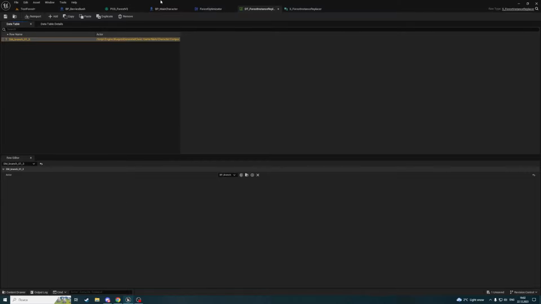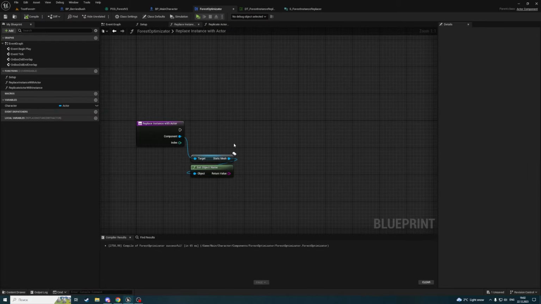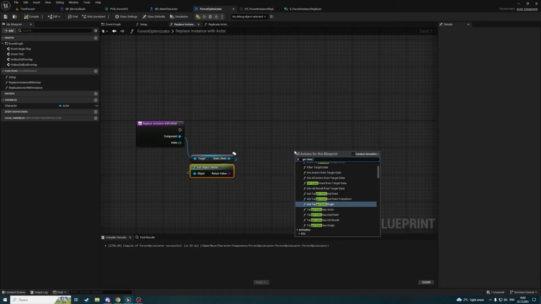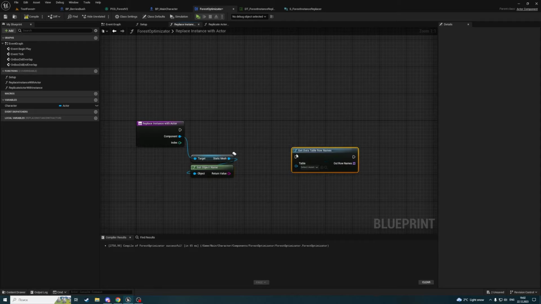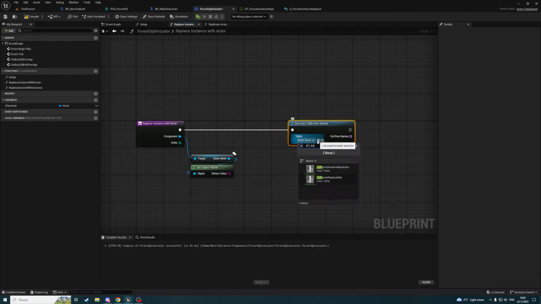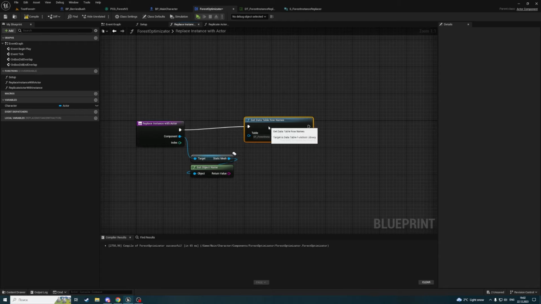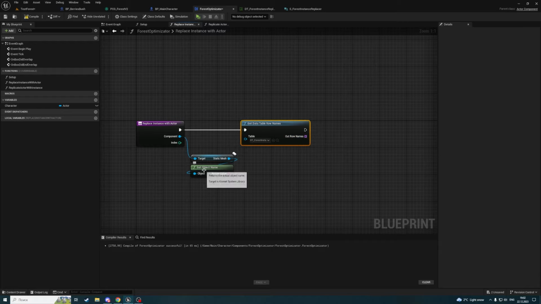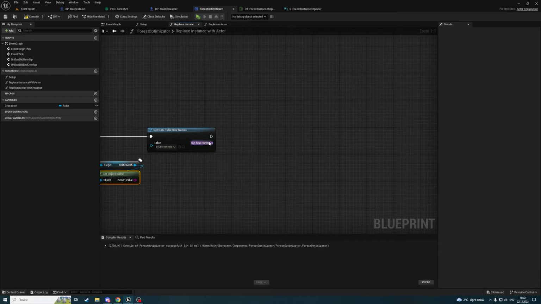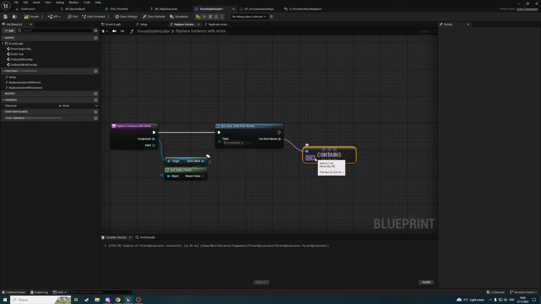Now let's open forest optimizer back. What are we going to do with this object name? We're going to check if we have a row in this data table with the same name. So let's get data table row names. Select the data table here. It's going to be our DT forest instance replacers. And we have to check if one of the rows has the same name as the object name. So do we have a contains? We have contains. But it will not give us